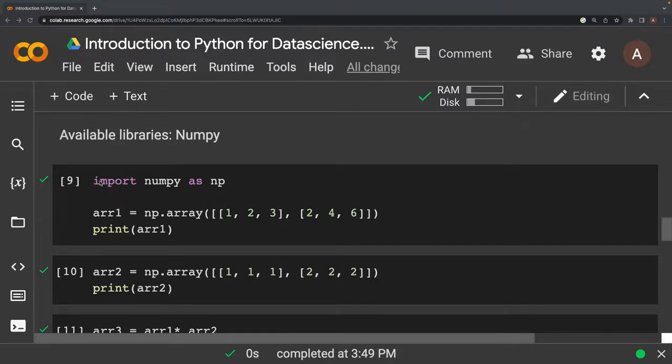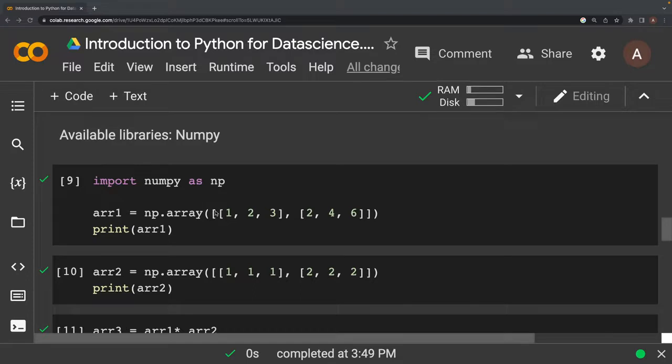So we use an import statement where we say that we want to import this NumPy library as np. And then once it's done, we can perform various operations using those classes of functions, very useful functions. For example, in this statement here, we create an array using an array method from this NumPy library,